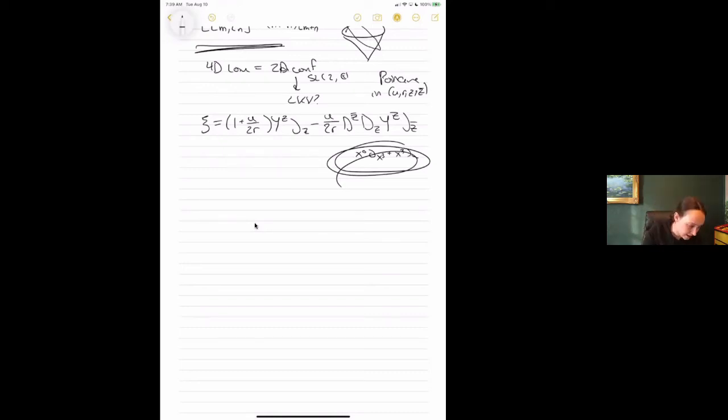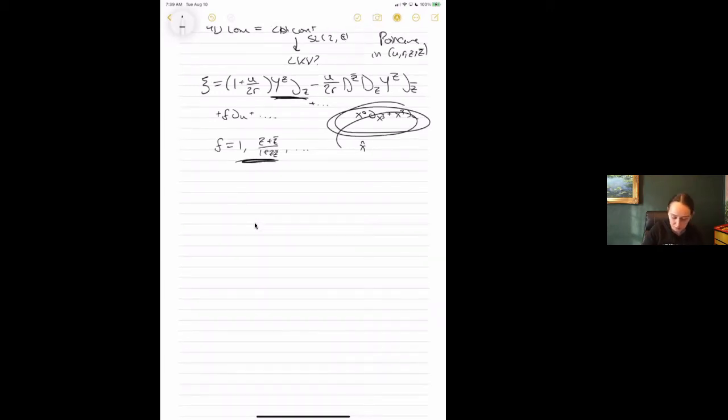So I write this down. I can write more terms here. So the point here is you see this Y(z) d/dz, and then I have similar terms with F d/du plus corrections here. Normally, what would happen is if I say F is either 1 or it's (z + z bar)/(1 + z z bar), recall that z is basically just this coordinate for this S2. So now for a very restricted number of F's and Y's, I have my Poincaré generators written in a form that I will magically want to see later on.